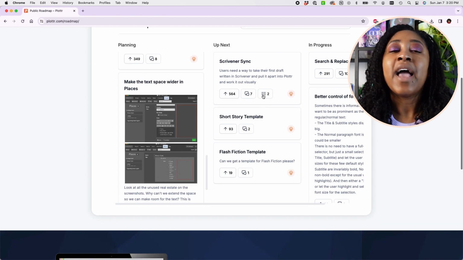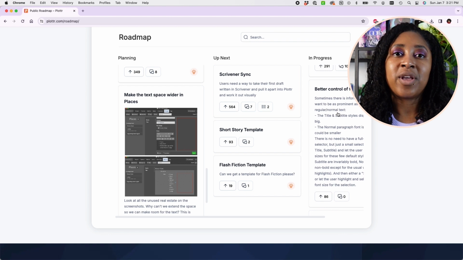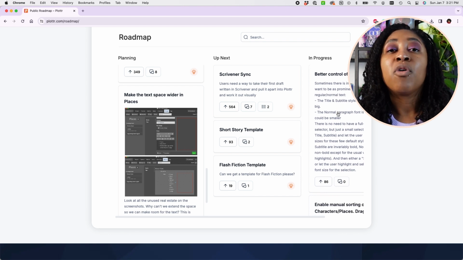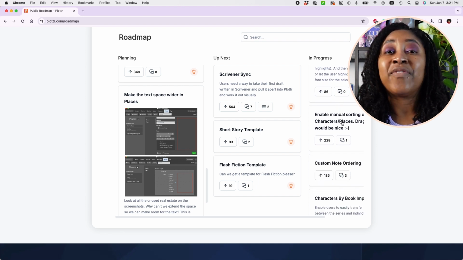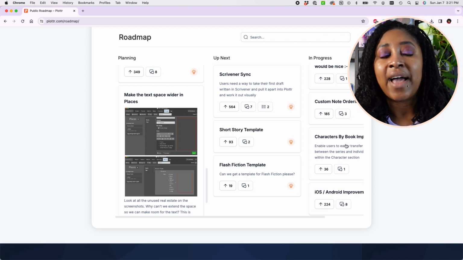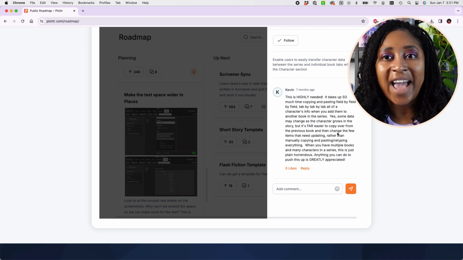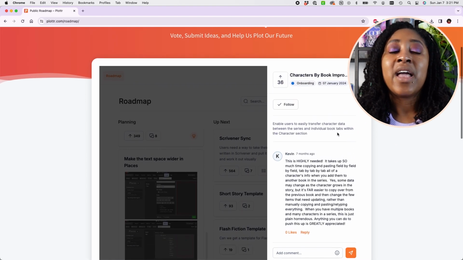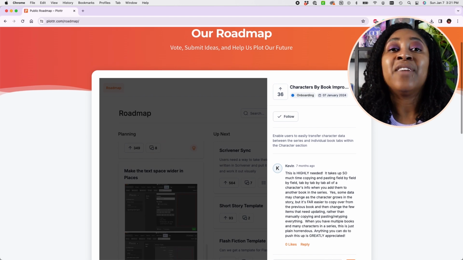So if there's a feature and you're like, I really want this, you can go and see and be like, oh, okay, they're working on it, or they have it in planning phases, or they don't have it, but let me write it in and see if this is something they might add in the future. And I find that to be really, really cool, and they really do follow through with it. A lot of features that I was like, oh, it would be cool to have this, they have eventually added, and I have a lot of faith in Plottr as a program, as a company, that they are going to add features that I want to see. So if there's something I want to see, I have a lot of faith that eventually Plottr will add it.